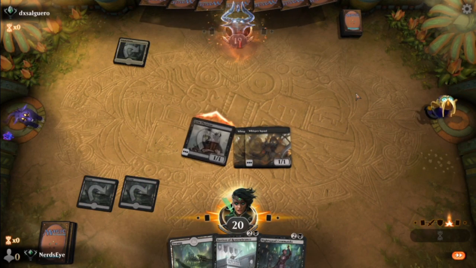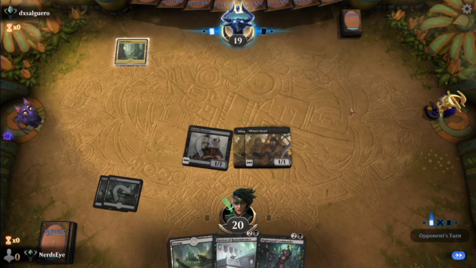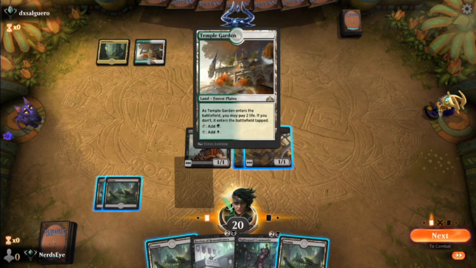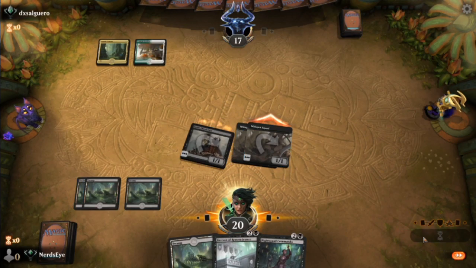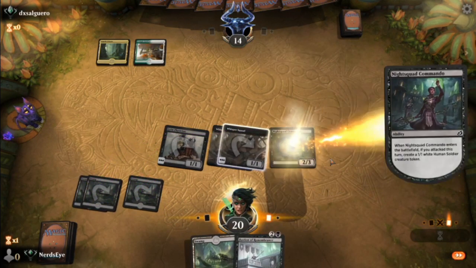He still doesn't have a blocker, so I'll throw that out. It looks like he's running at least a tricolor with the Triome. Let's see, is that any of those colors going to help you for 1 card? Interesting, he has something up his sleeve. We're going to try it this way. Attack with those, and then Night Squad Commando, and hopefully...